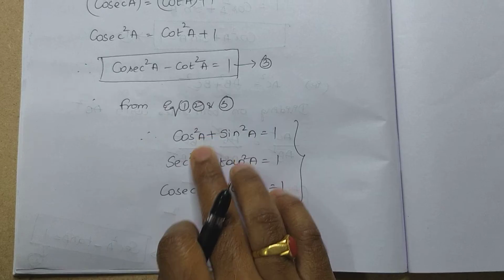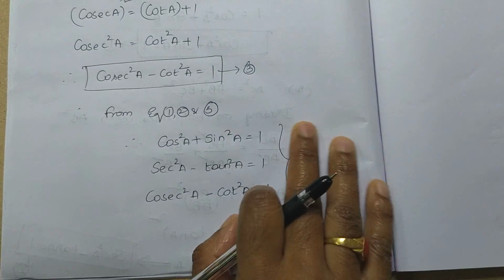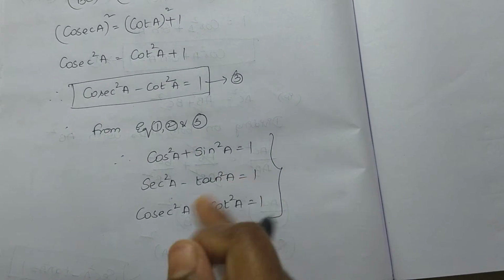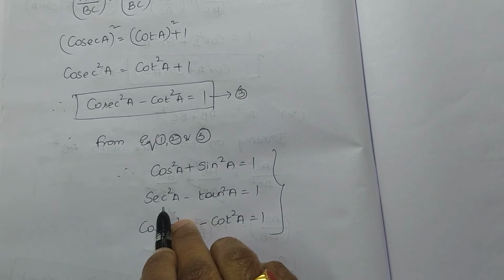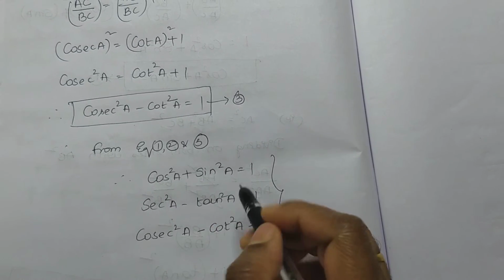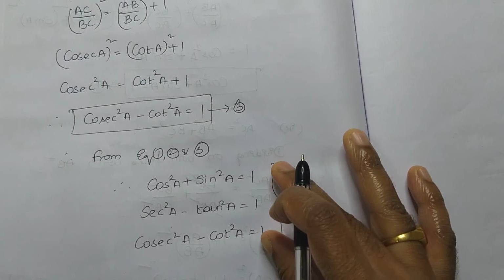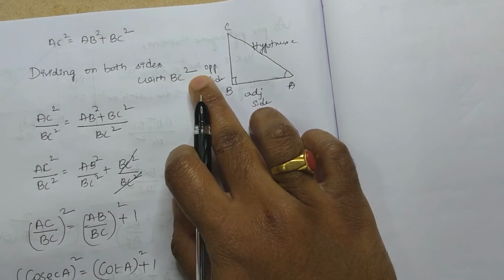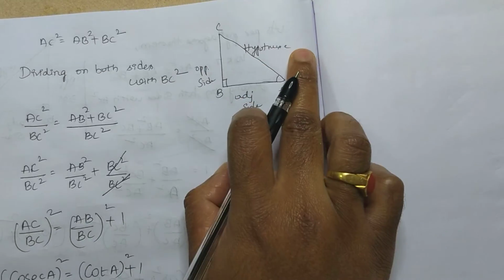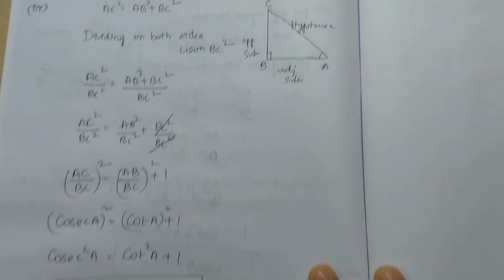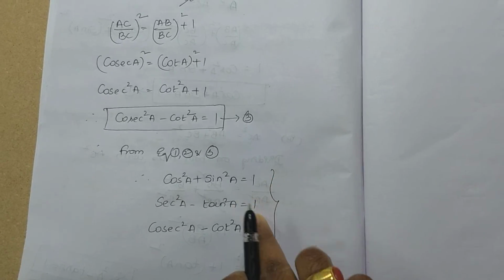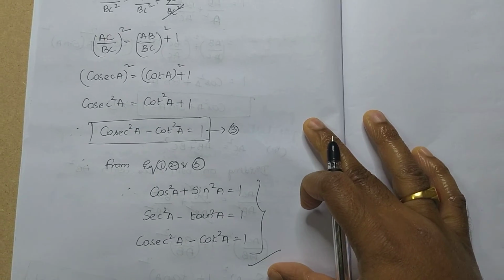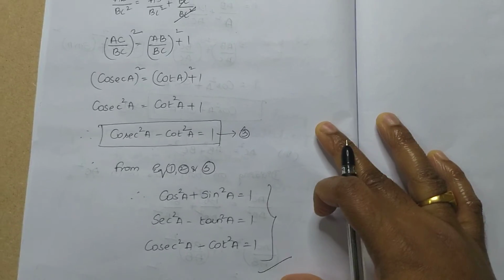In case they give a secant A value, from this we can find tan A, and from tan A you can find everything. So if one value is given, you can find all the 6 trigonometric ratios based on these identities and based on the introduction video, the concept of opposite side, adjacent side and hypotenuse. If you know one ratio, it is easy to find all the trigonometric ratios. Clear? Based on this concept, we are going to solve the problems in the coming exercise 11.4.